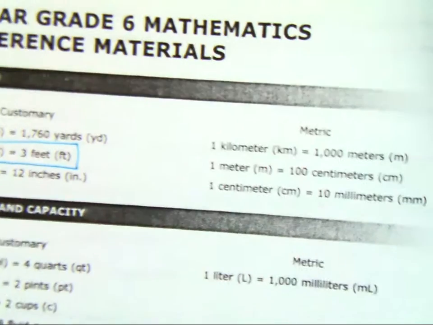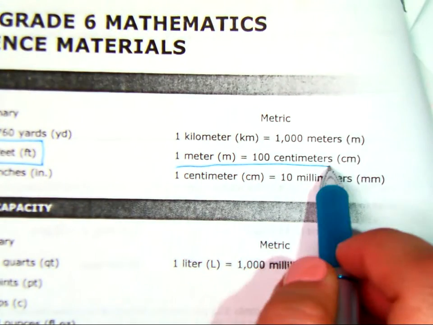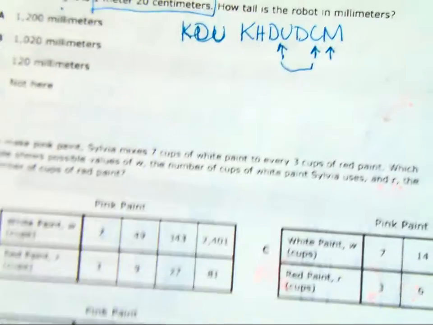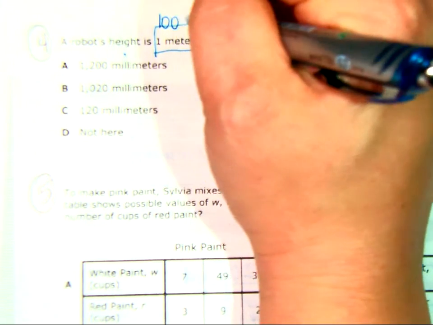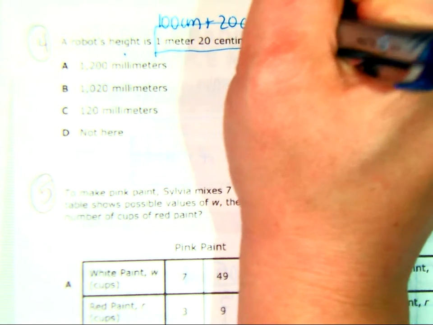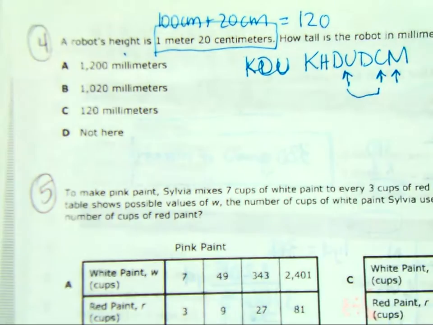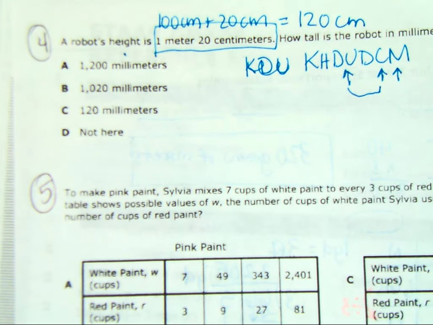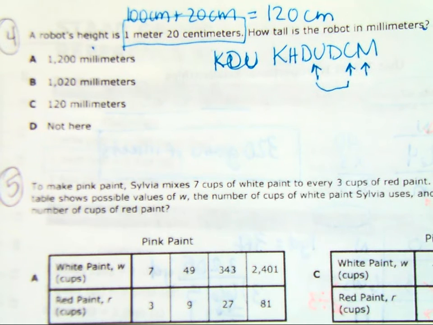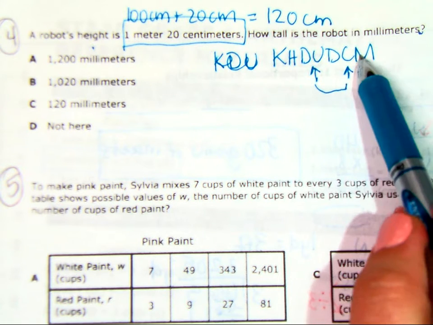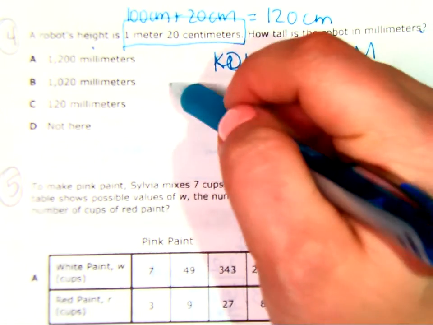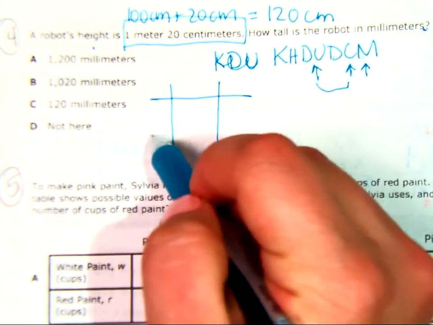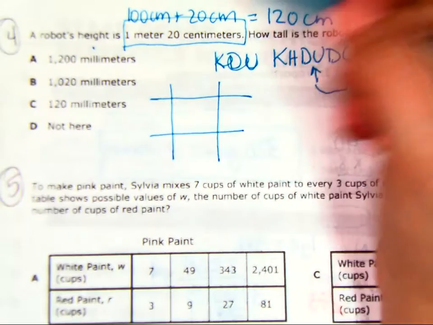In 1 meter, there are 100 centimeters. So that means this would be the same as 100 centimeters plus another 20 centimeters, which is a total of 120 centimeters. And now that I know I have 120 centimeters, I can turn those centimeters into millimeters. You can use the 1 table again. You can use your King Henry died unexpectedly drinking chocolate milk, dividing by powers of 10. I think some of us get a little confused still with that. So I am going to use my 1 table,